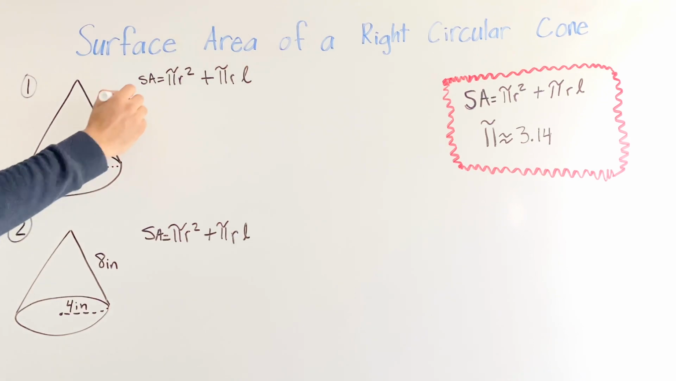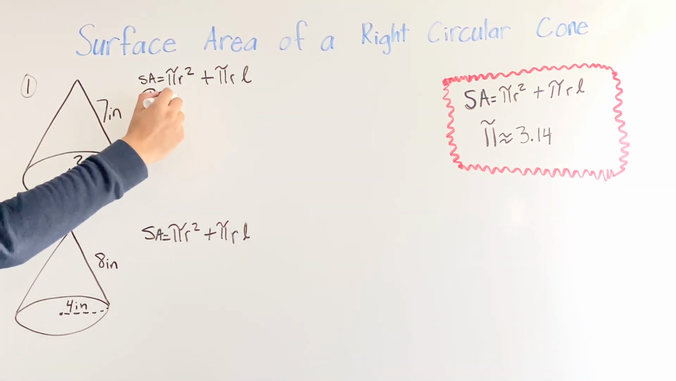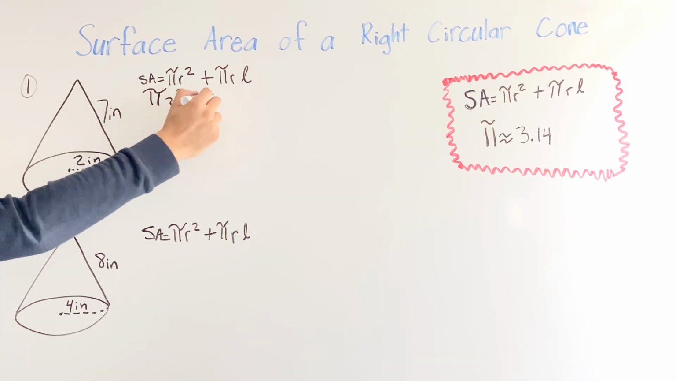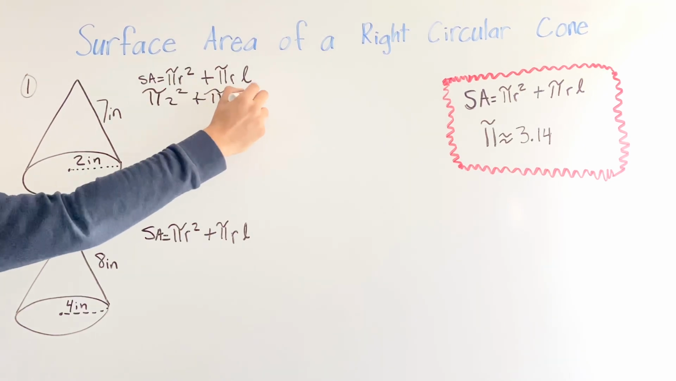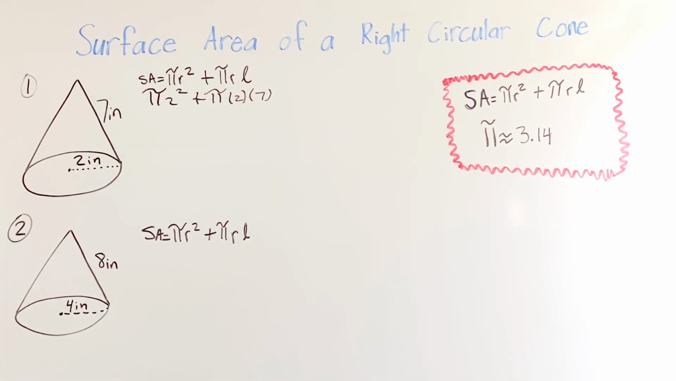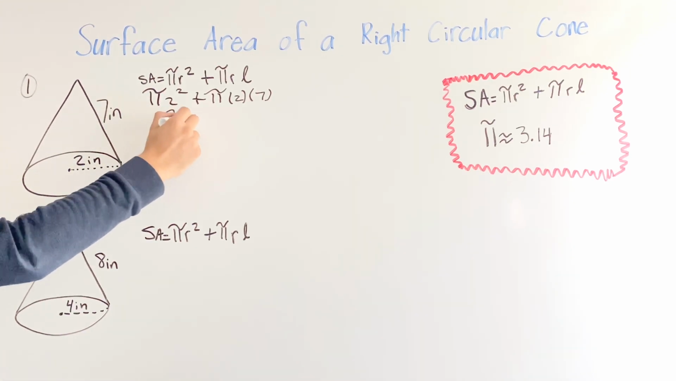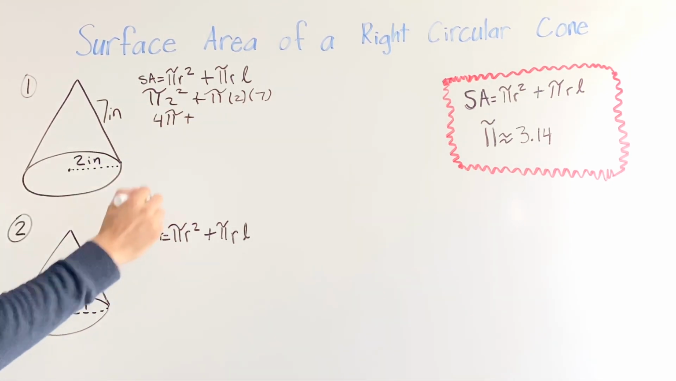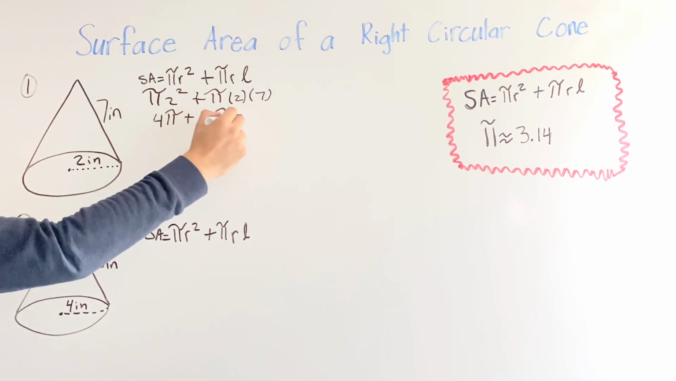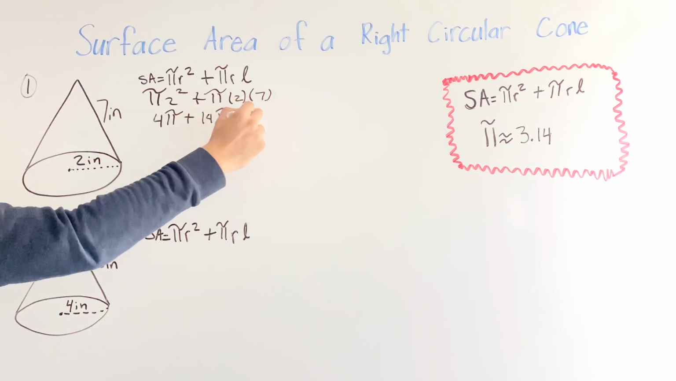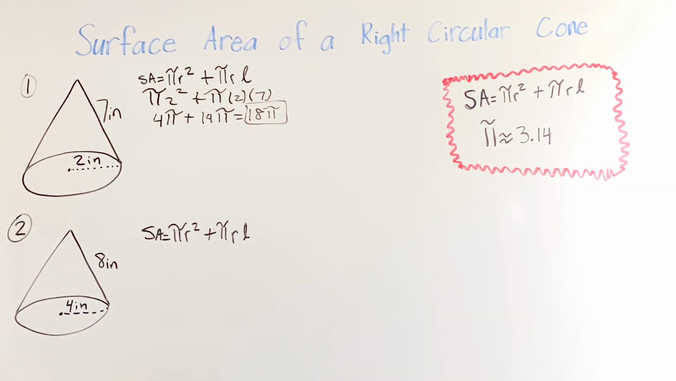We have pi times your radius squared, plus pi times radius. The radius is 2, and our length is 7. So we're going to write 2 times 2 is 4 pi plus 2 times 7 is 14 pi equals 18 pi. Remember, some of your teachers are probably going to tell you to leave your answer as pi,